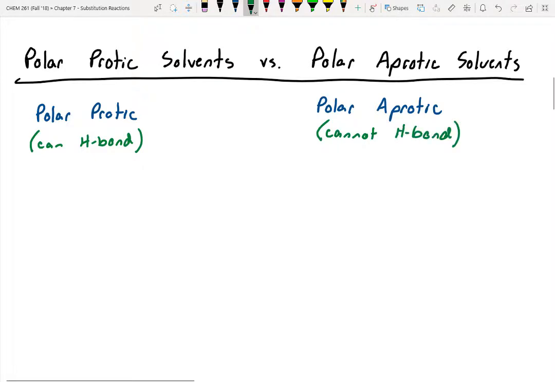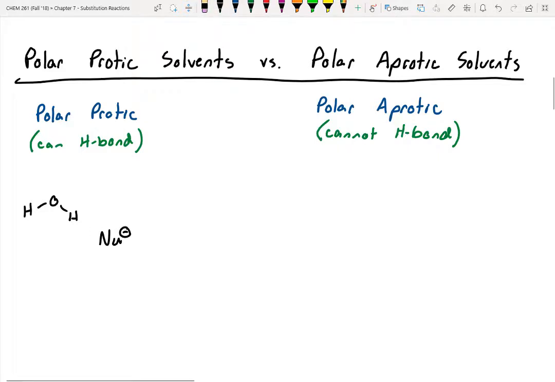And so oftentimes students will look at this and they'll say, well, if we're trying to stabilize the transition state, shouldn't we always go with polar protic solvents? Not entirely. We have to consider a bunch of other features as well. But let's take a look at what's going on between the solvent and the nucleophile in each of these. So the best example we have of a polar protic solvent is water. It's one of the cheapest, most readily available solvents. And if you have a nucleophile with a negative charge floating around,